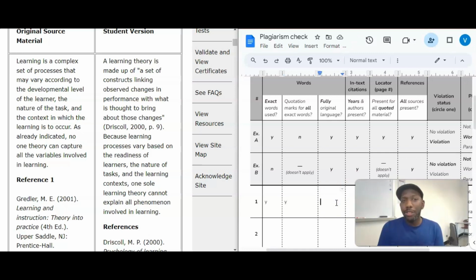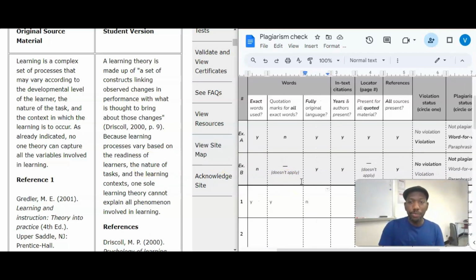Fully original language, I'm going to say no, because the student moved from the developmental level of the learner to the readiness of learners, from the nature of the task to the nature of tasks, and so on and so forth. So there's not much originality there. So that might be an issue.